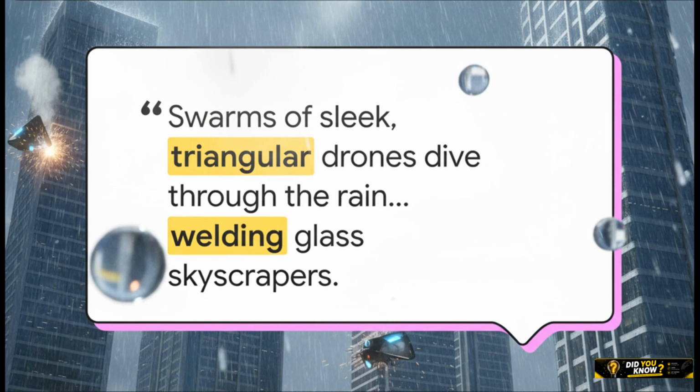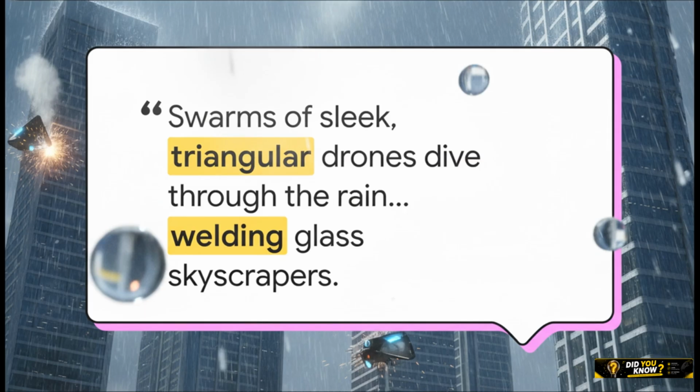brilliant pattern break. Right at exactly 11 seconds, a sudden midday rain shower hits. Water droplets actually streak the camera lens, and steam literally rises from the hot welds as those triangular drones zap the grass skyscrapers. It is exactly this type of sudden, highly atmospheric visual surprise that just completely stops viewers from